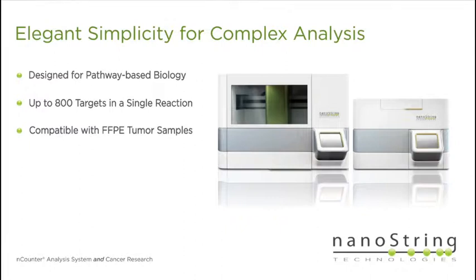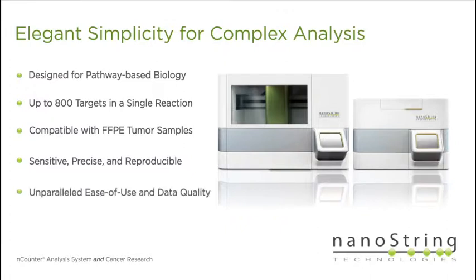Deletions or amplifications of particular regions of genomic DNA are a hallmark of tumor tissue, and the nCounter copy number variation assay is a simple way to characterize these. All of the nCounter assays are sensitive, precise, and reproducible. They're also very easy to run. In the next few minutes, I'll go over the highlights of the technology and how it might apply to your